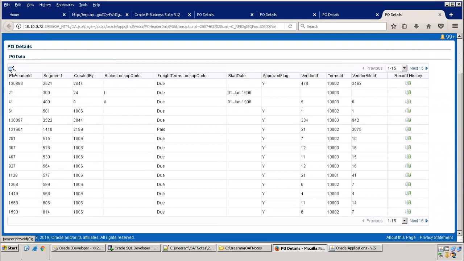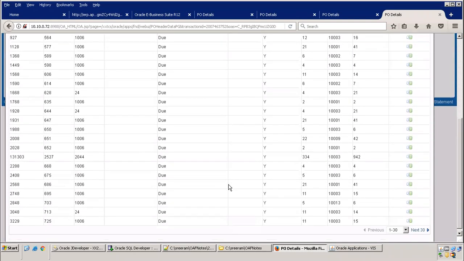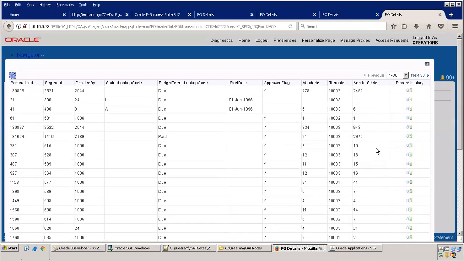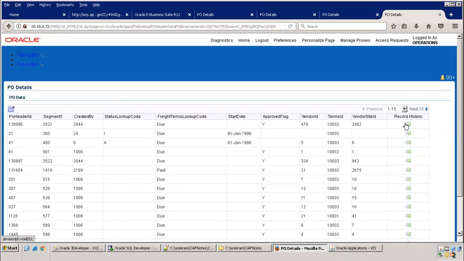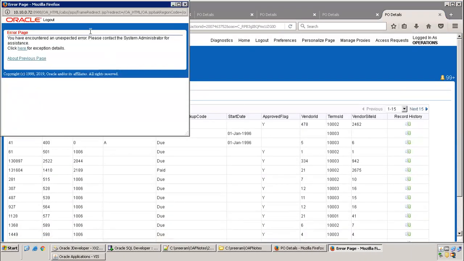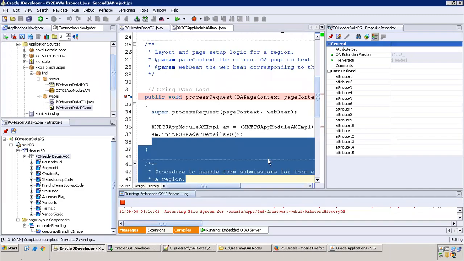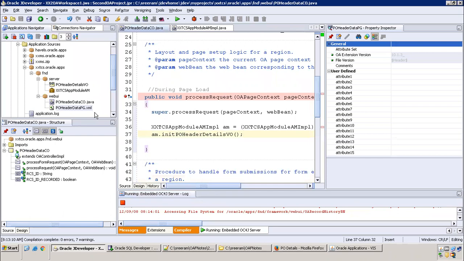And now this is a detachment, right? If you just click on this, detach table, it just comes out like this. This detachment is available only in 12.2, not in 12.1.3. And can you see record history? We enabled the record history property, right? That's why it's showing this. Record history is generally like the who columns. We are getting an exception, but maybe once you deploy the page, it will work fine. So this is how we generally work with VO.